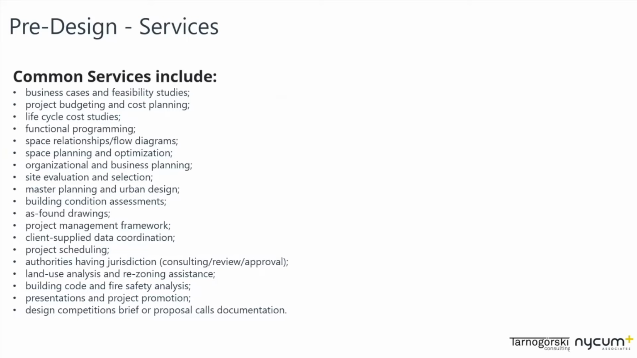So what is actually going in the space, space planning and optimization. So how do you create something that's designed in an optimized way? How do you reduce costs? How do you plan the physical spaces of the design? Operational and business planning being different from the costs of your construction, the cost of your design, site evaluation and site selection, master planning and urban design, how it fits into the fabric, building condition assessments,